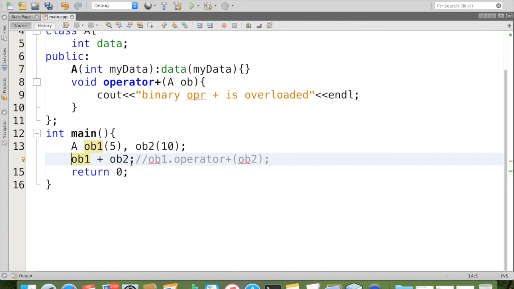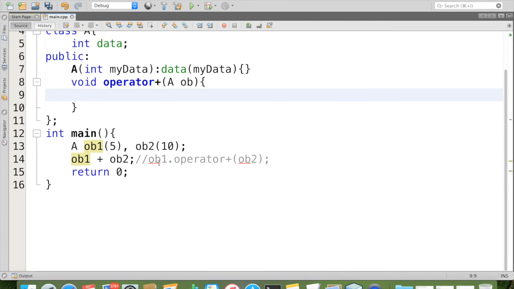Now, what does this OB1 plus OB2 mean? We expect that OB1's data value, that is 5, has to be added with OB2's 10. So like that we can define some meaningful operation inside this method. How can we do it? Here is the equivalent expression. OB1 is the invoking object.